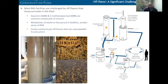So that's kind of the really quick background about what we do and what we have available to us at the Freshwater Institute. We're really good at raising fish and understanding water quality and fish biology, and we have engineers that have established the base RAS design that we use at our facility. But as I mentioned earlier, we're a very stakeholder-driven organization, so we're answering very specific questions to try to help